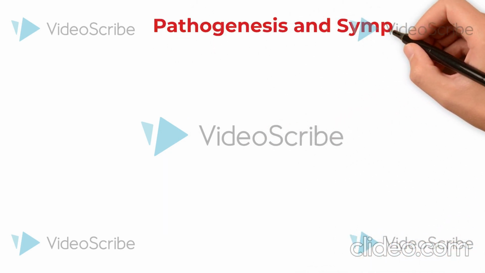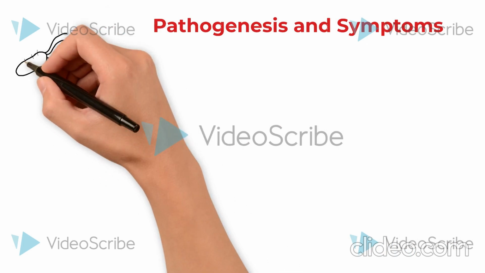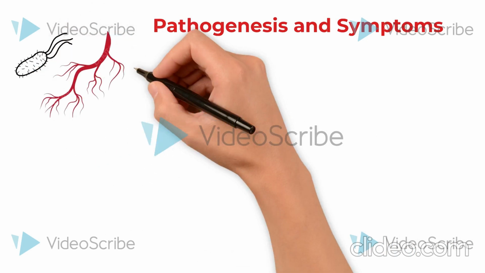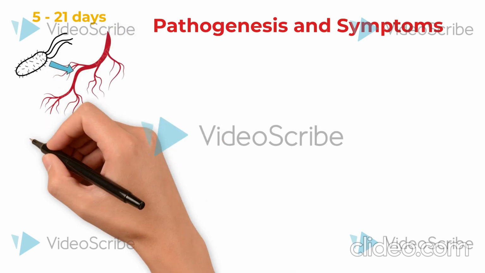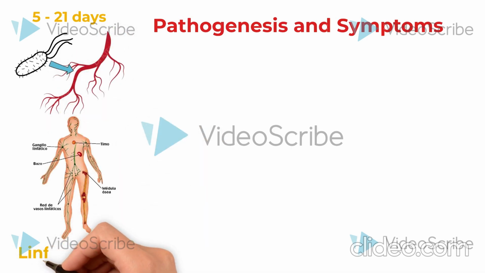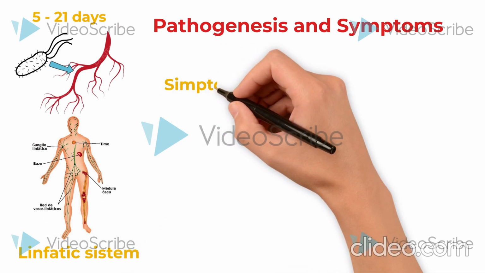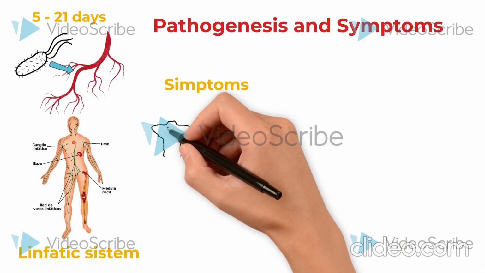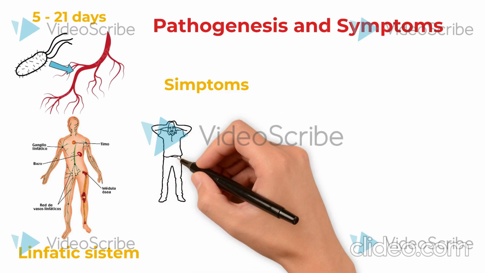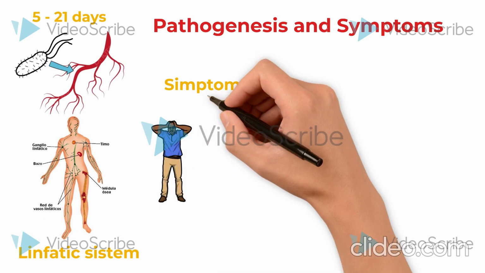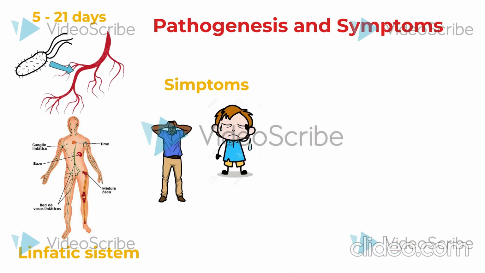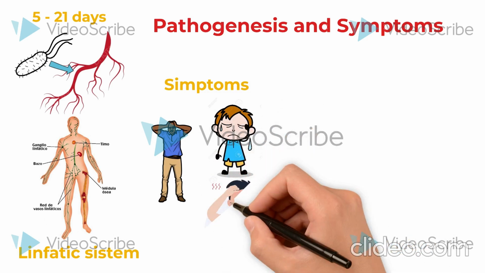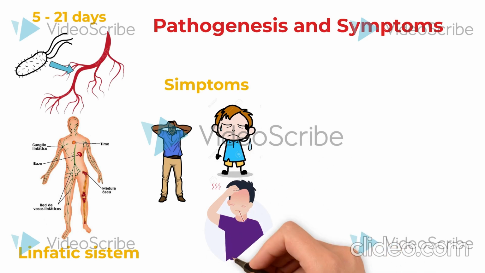Pathogenesis and symptoms. After an incubation period of 5 to 21 days, the bacteria begin to spread throughout the lymphatic system and bloodstream, reaching various organs. Early symptoms often start subtly: headaches, general weakness, and malaise, making it difficult to diagnose at first. As the disease progresses, patients may develop abdominal pain, high fever, diarrhea, or sometimes even constipation, which can vary from